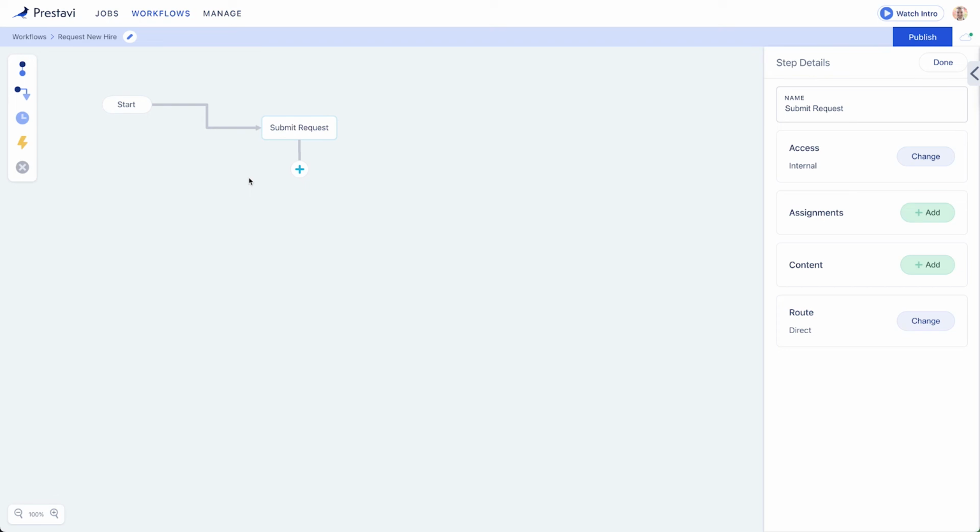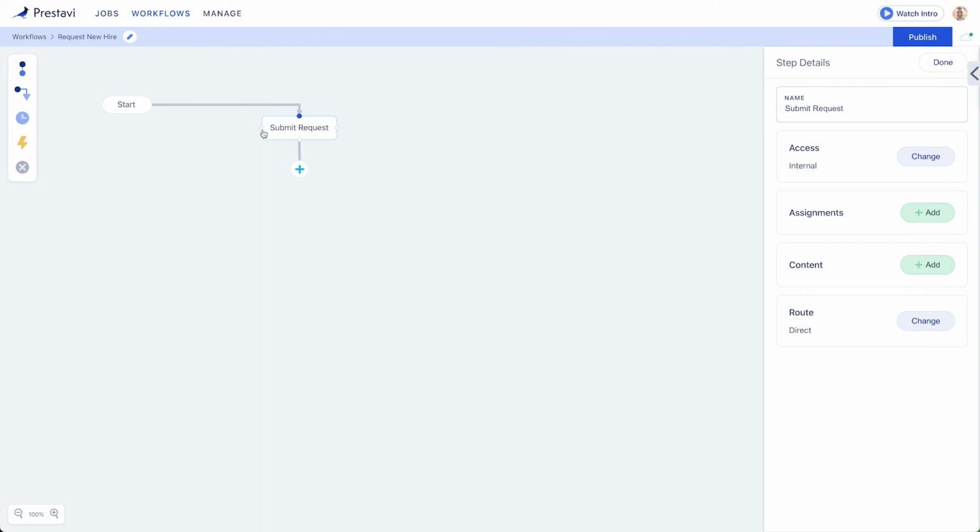If you want to change the direction of where the route starts or ends on an element, you simply hover over an edge of an element, and that will reveal 4 little handles. And then you just click and drag the route from its current edge to the desired edge.